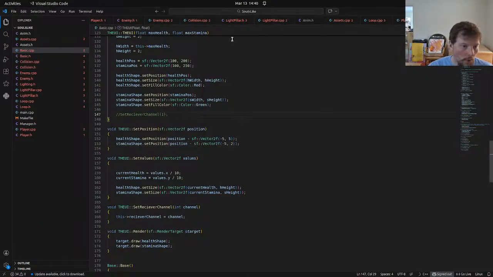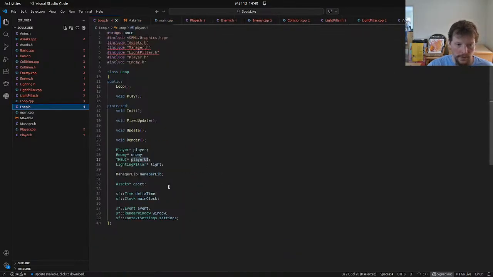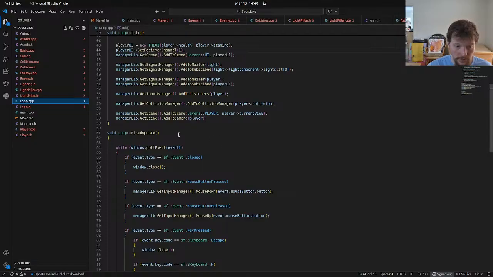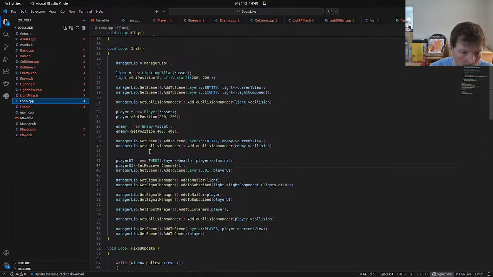And we're going to go over to the enemy. And our enemy, since it has its own health, its own stamina, we're going to create its own UI inside the loop and pair that with the enemy as so. So creating the allocation for the enemy UI, going into the loop CPP,